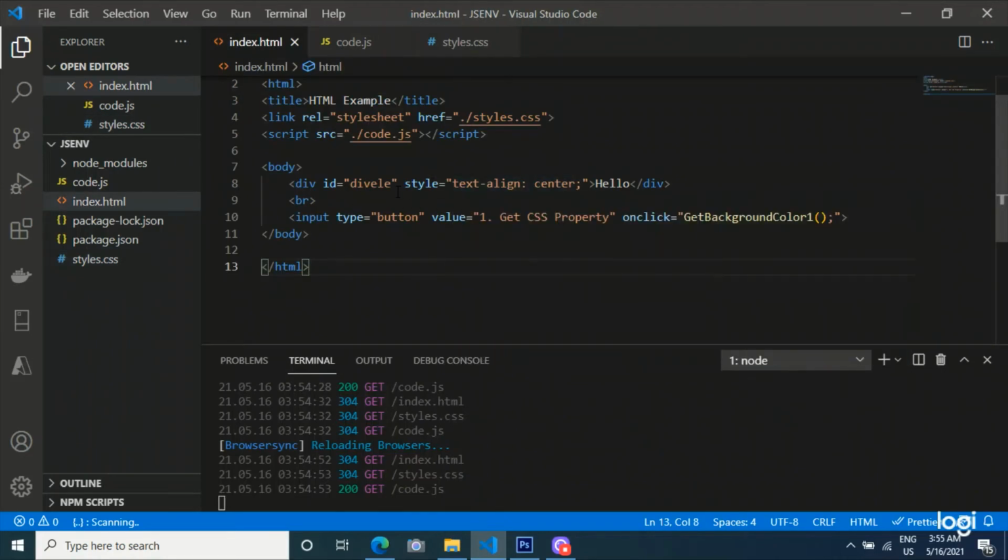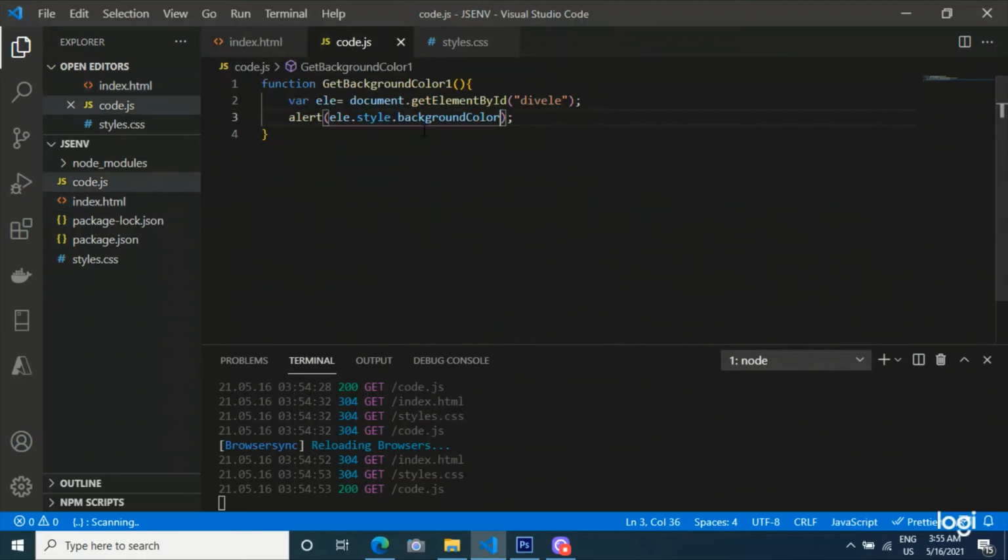Other styles will not be fetched by the style property. If we want to fetch the styles which are defined external to the element,